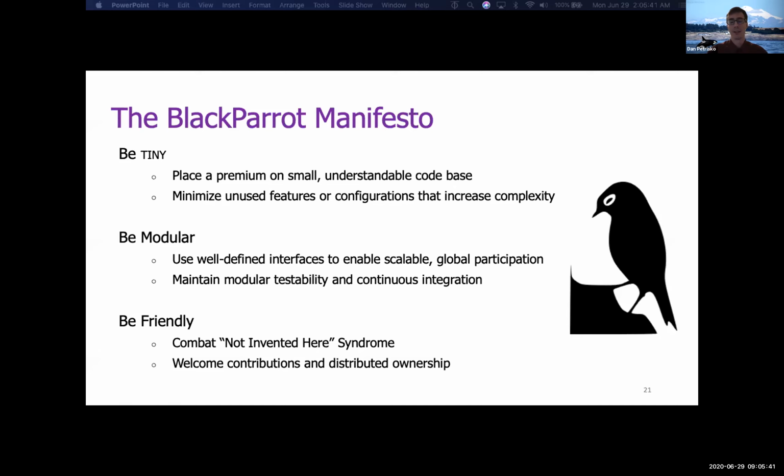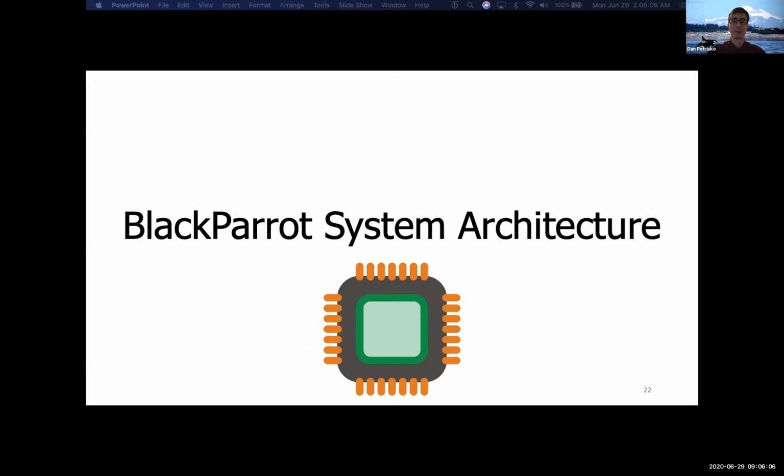We also want to be modular. BlackParrot at its core is a set of building blocks connected by well-specified standardized hardware interfaces. By testing along these interface connections rather than the component level, we're able to provide a compliance suite of integration tests without needing to repeatedly modify test benches. And we want to be friendly. As engineers, the tendency is to want to start every project from a completely clean slate. Instead, we're trying to leverage as many open source libraries as possible and make sure that the code is friendly and accessible to all.